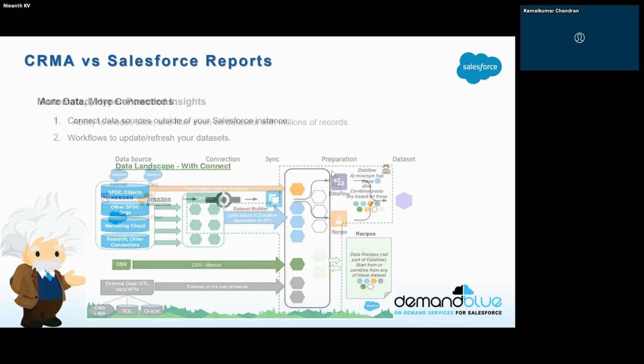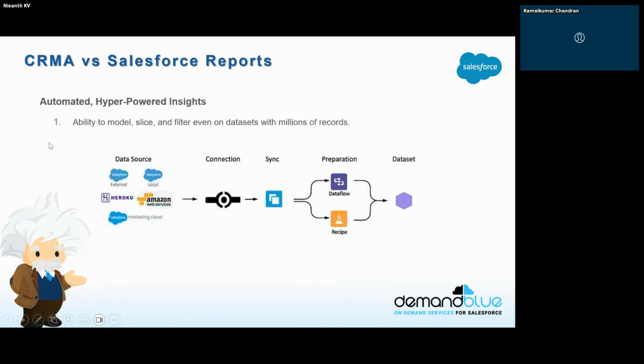So these are the more connectors, more data, and we are able to slice and dice the data, or we are able to prep the data once we got the data. So here we are able to filter out, slice or flatten the data in our recipes prior to visualizing the data. So here I'm just giving an example, this data source which is coming from either Salesforce external, that is